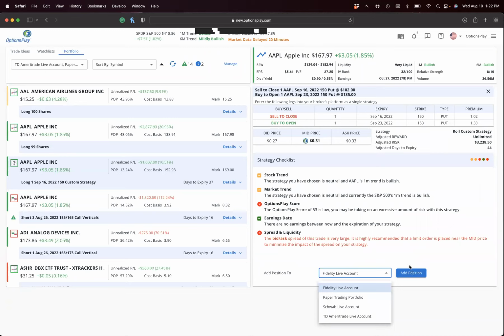So if I'm closing out a position, I can click on the portfolio that I own it in and click on add position, and it will remove that position because I'm closing this particular position. I'm not going to spend too much time on the portfolio tool here today because that is going to be a whole other session just on that tool itself, so that you can get a better understanding of how to utilize that tool. But at a very high level, that's how you can utilize the OptionsPlay tool to better